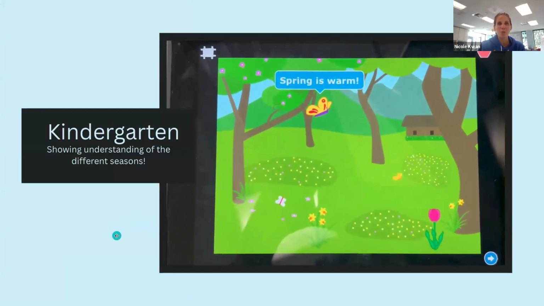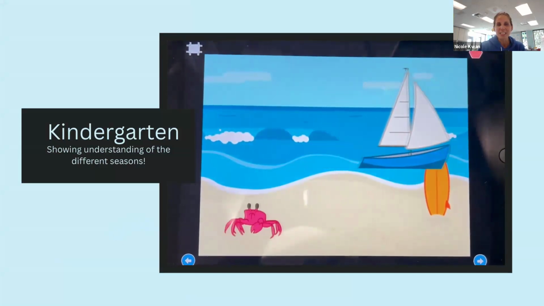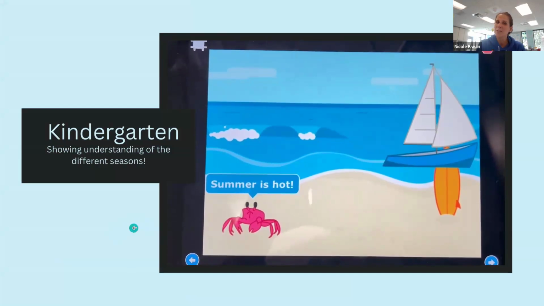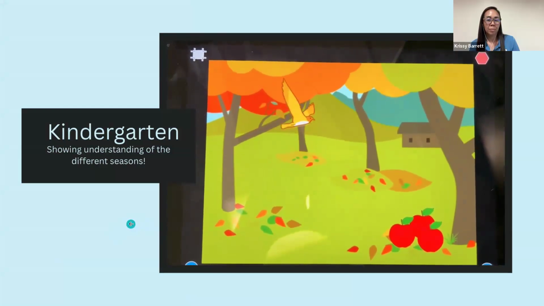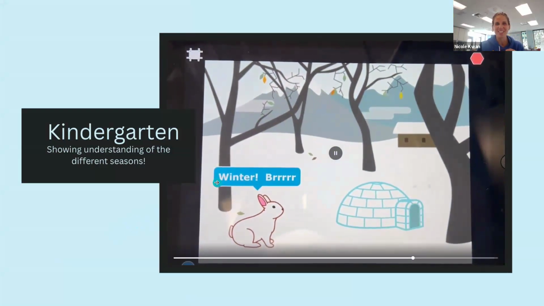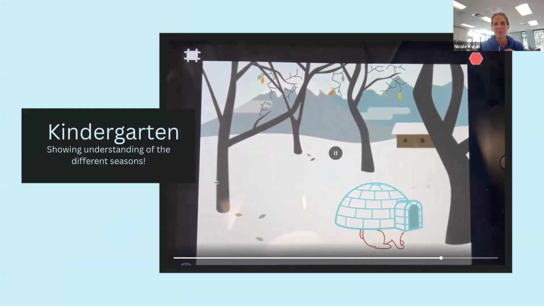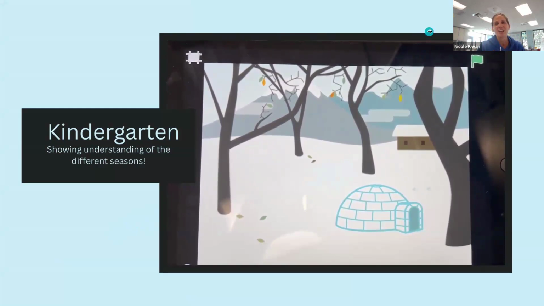In kindergarten, we were learning about weather. So students are able to show their understanding of different seasons, where you might be in different seasons. I can't remember if there's any audio in the one that the students did for this, but the kids are really having a really great time of being able to also add their own voice. So in Scratch, you'll see that kids can add a microphone and be able to talk. You can hear them in the background through a video of that.